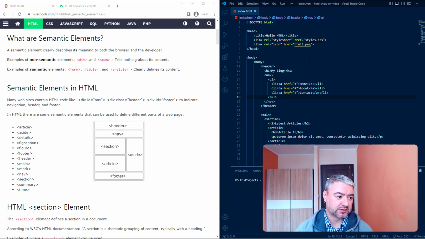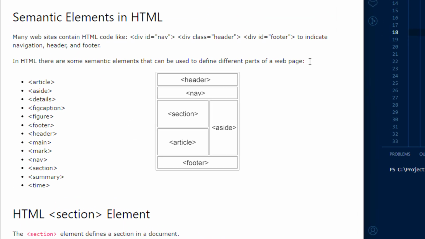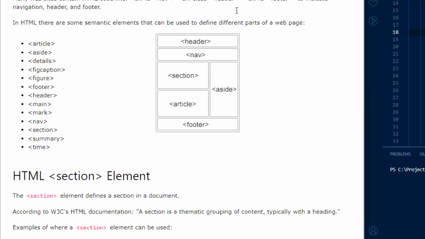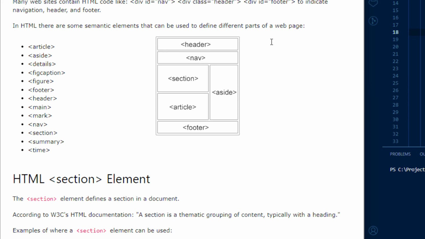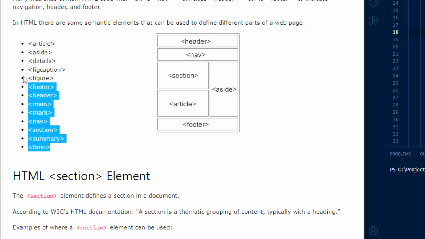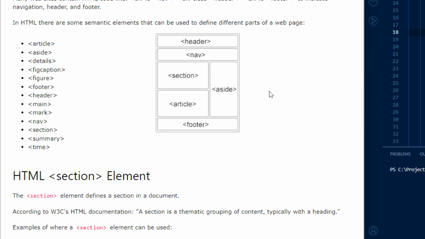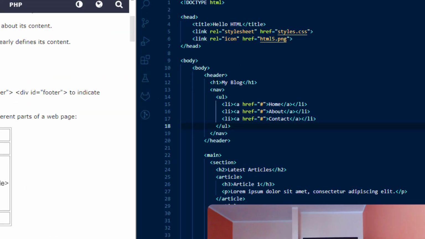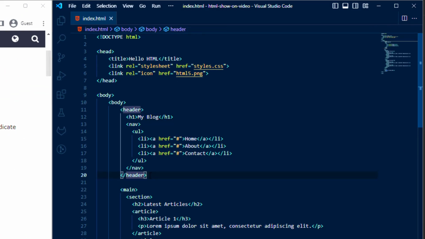And let's take a look at some semantic tags. Here we have the W3Schools website opened, and here is the page about semantic elements. So here we have the list of all the semantic tags, and here we have a basic example structure of the page. So at the top of each page, we should have a header tag. We can include, for example, the main heading of the web page. For example, here in this example we have a header, and inside it we have h1